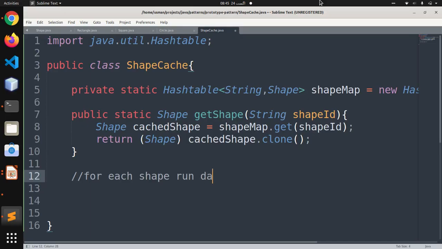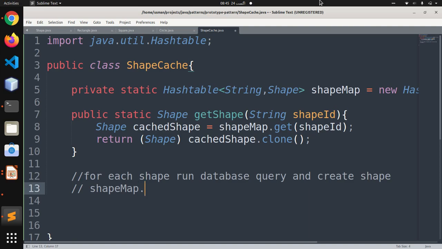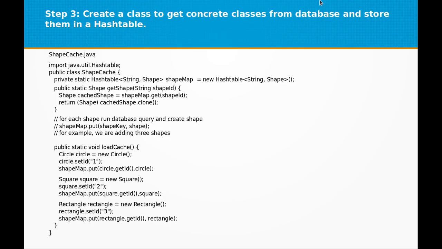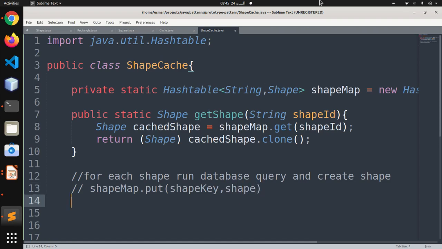So here I'm just typing in the things that might be done with the Shape class, but we are not going to implement that. These are just for understanding. shapeMap.put(shapeKey, shape). For example, we are adding 3 shapes.